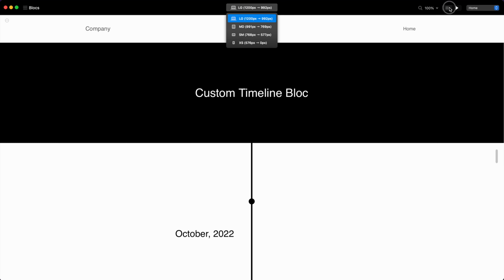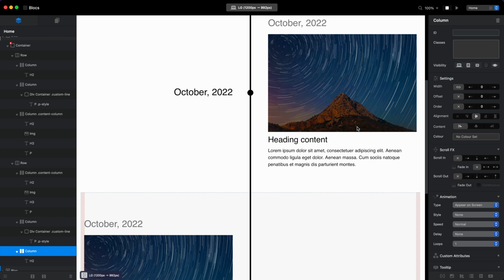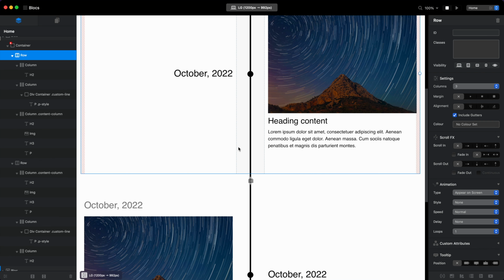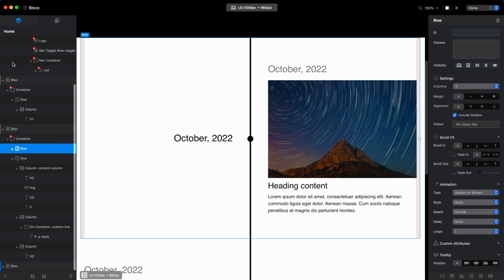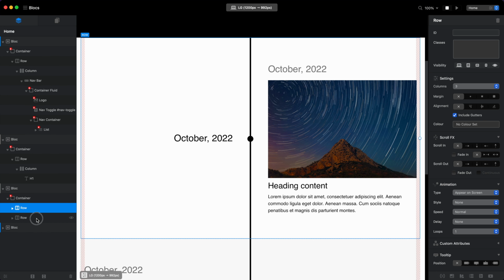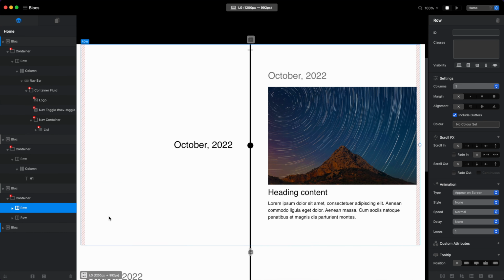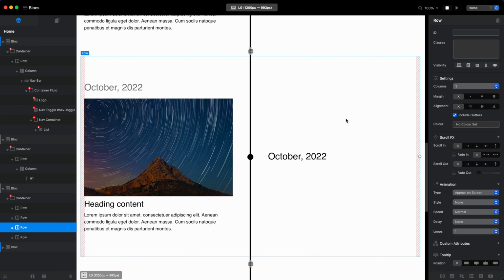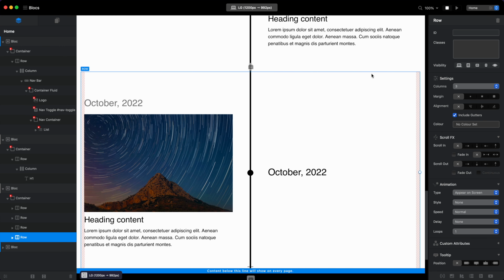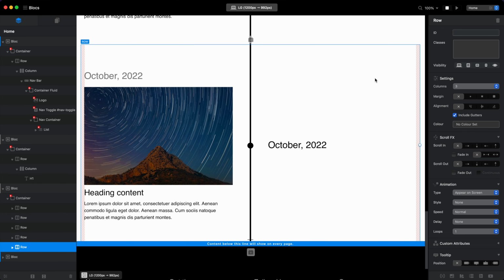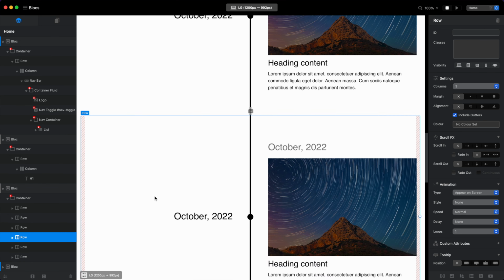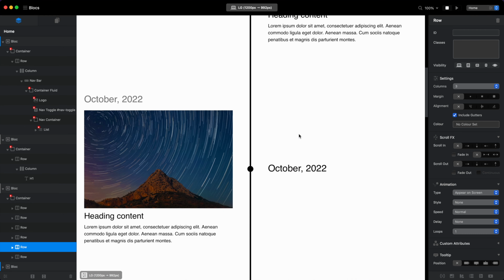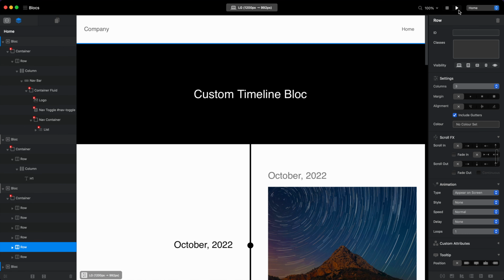So this is just one way to create the timeline. There are of course many other ways, but once you have two of these columns ready for left and right content, we will just duplicate it and create a little bit longer. Of course, it depends on how many columns you want to have, how many sections of the timeline you want to have. And once you're ready,